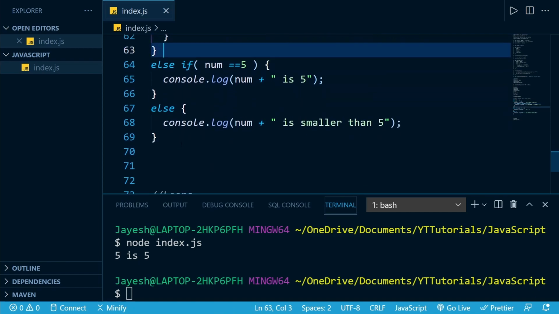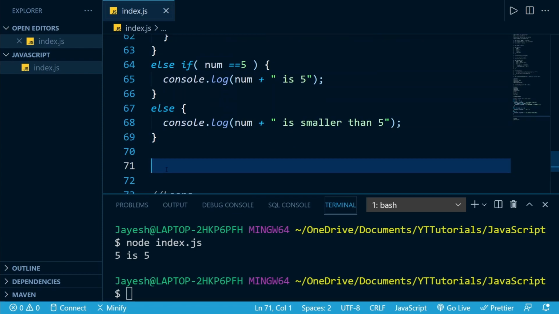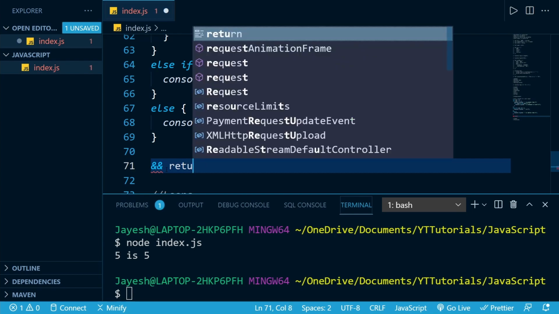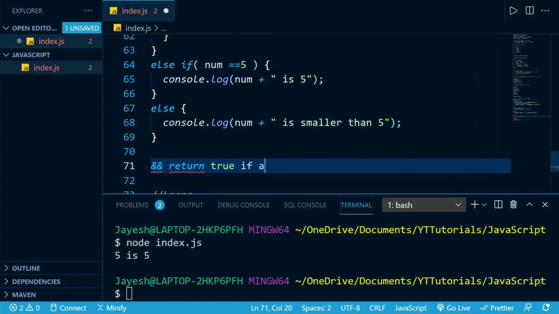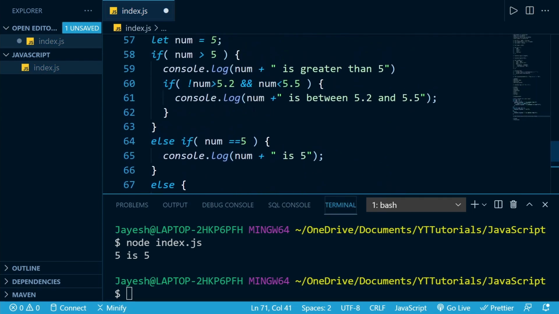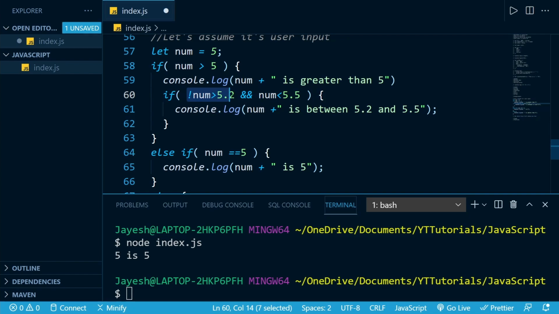So as you can see, the AND operator, double AND, always returns true if all values are true. For example here in this expression, if both of these values are true, only then this if condition will be executed. If either of them is false, the resulting AND result would be false. It's just like a real world AND, like you need this and you need that, so you need both of them.